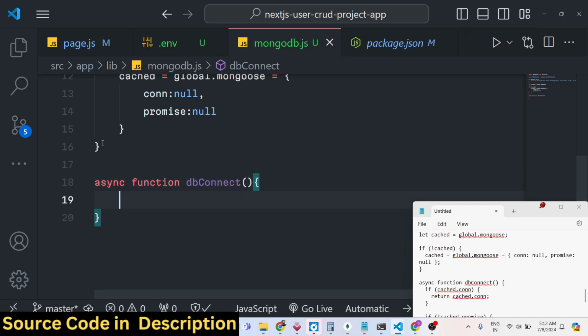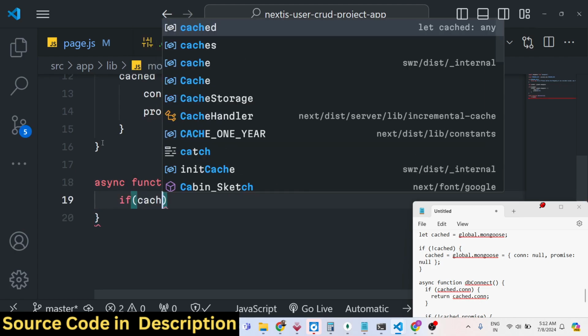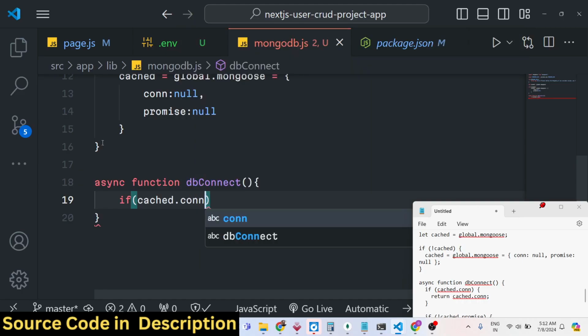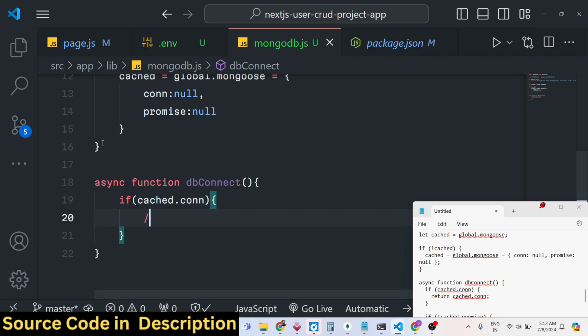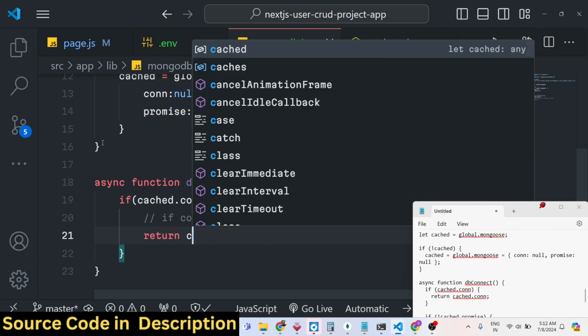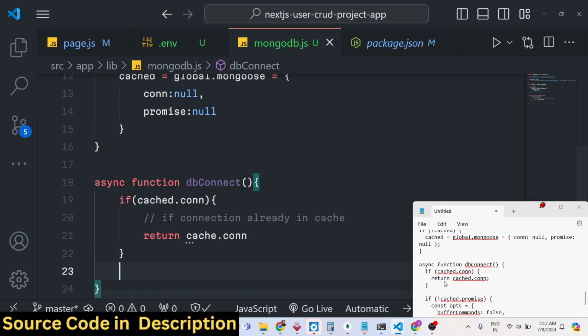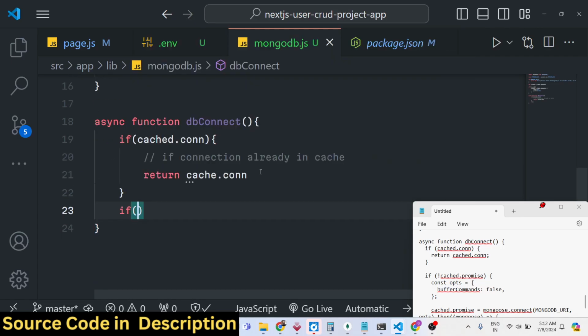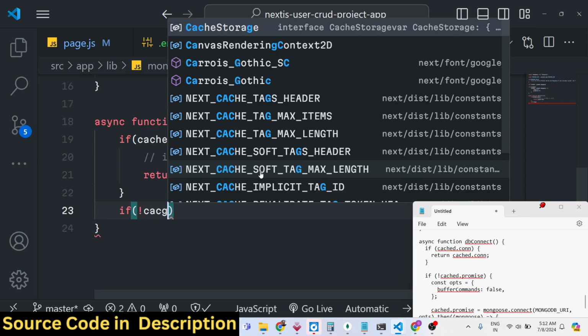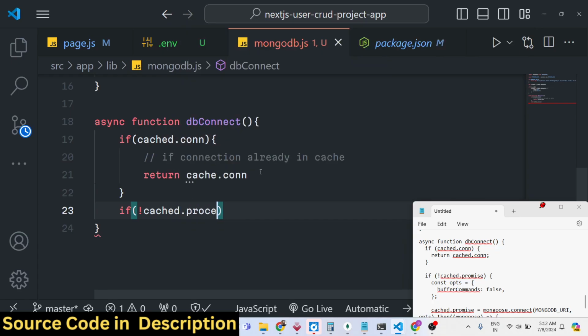And then we will define a function which will actually connect the database, the connection method. So this will be a simple async function, and here we will again say if cached.connection. This means that if the connection already exists in the cache, then return that connection, cached.connection. If the connection is not available, in that case we do need to connect it. So if cached.promise,